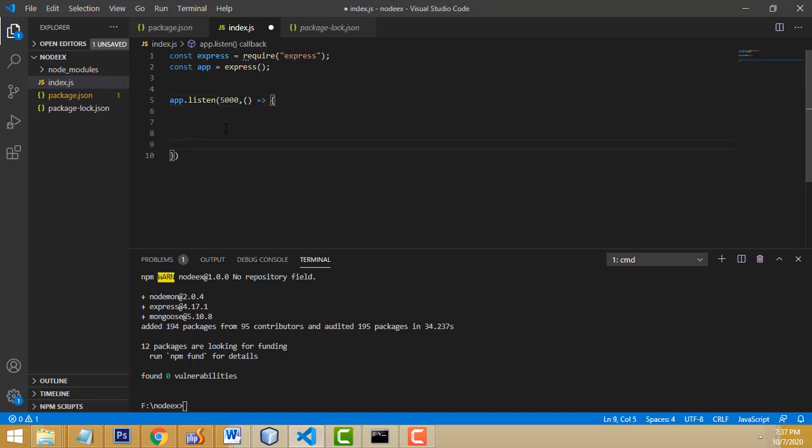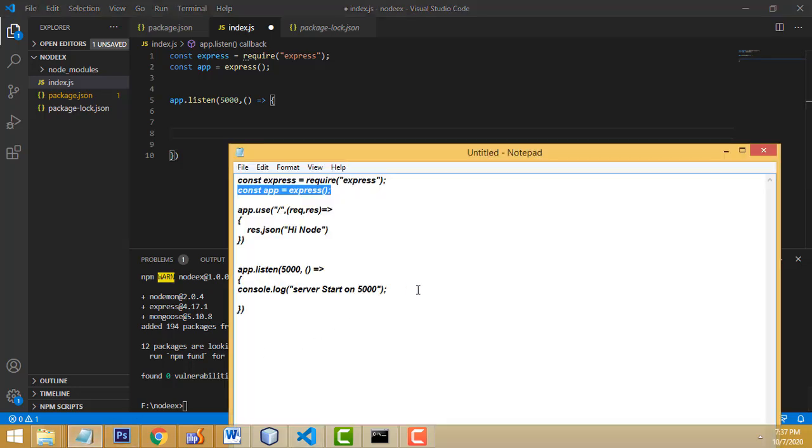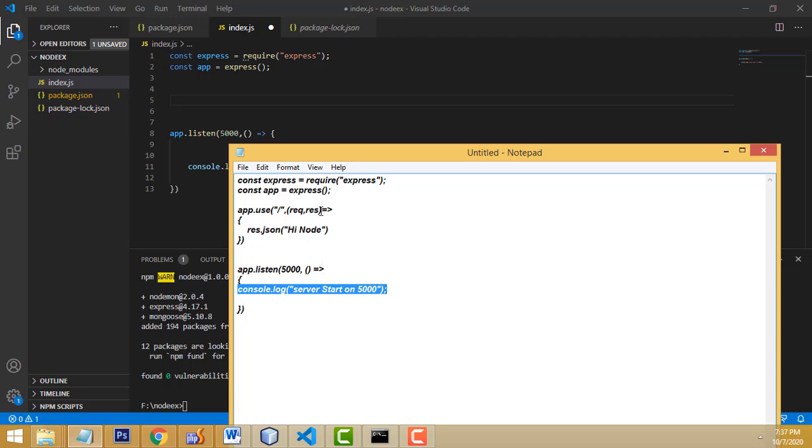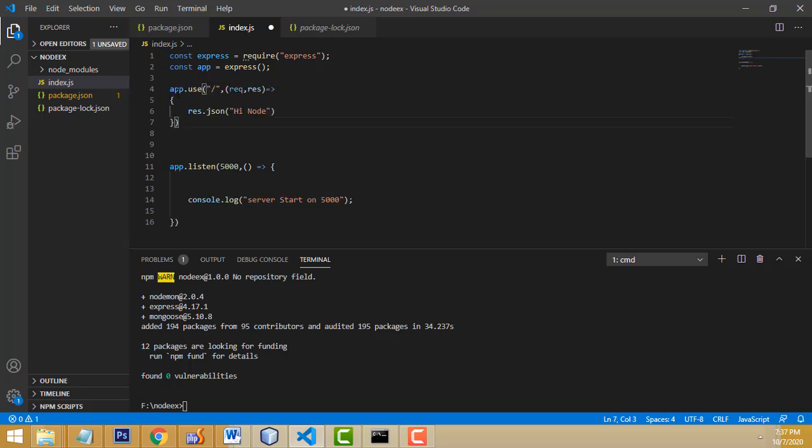Okay, now here we have to console log that your server is started, right. Control C to copy this one, you have to write it this efficient way in your program, right. After that we have to give a message if it is connected. So Control C to copy, Control V, here we have to write app.use, this is a route. So here we write index, with request and response, get the request and response. We have to print it out in the browser: hi Node, welcome, hi Node, right, that's the message I am going to print, right. So this is the thing here.